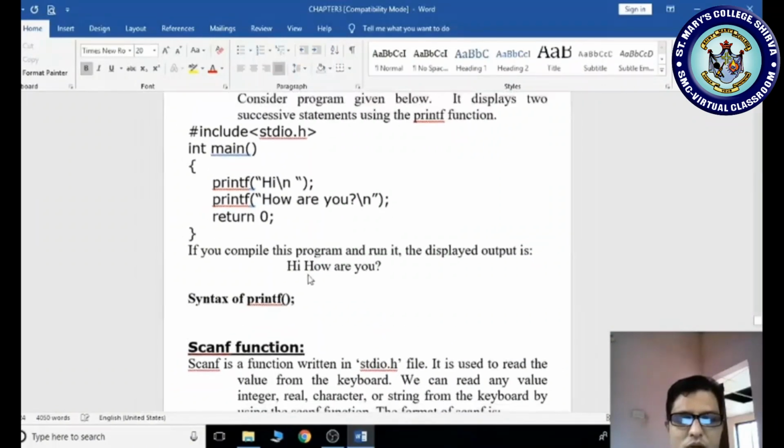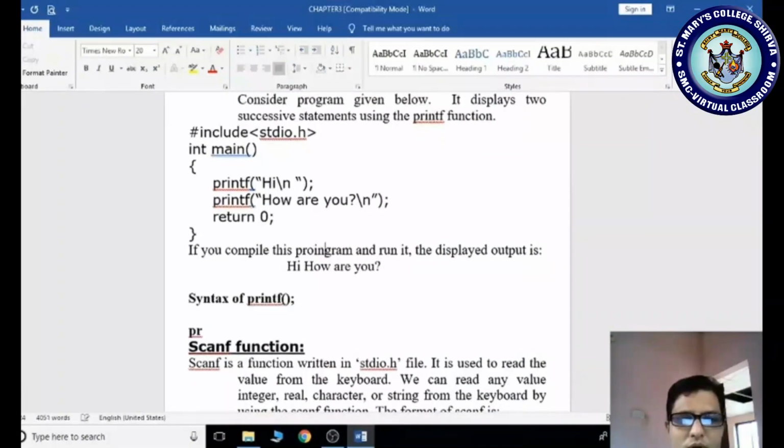Okay. So after the printf, you are using a control string. Please observe here. C is case sensitive. It is not supposed to be in capital letters. Control string or type qualifier.